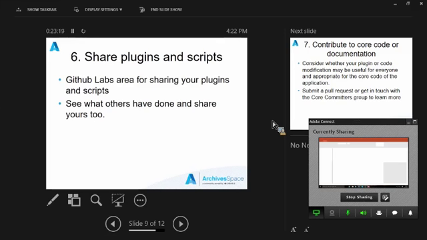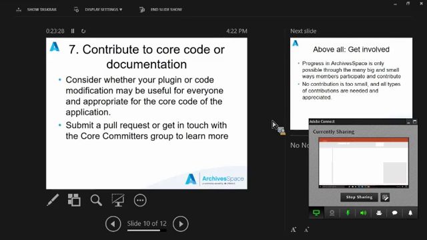And by putting things up on GitHub, other people can see what you've done and share what they've, maybe help make it better as well. And then the last thing I'm going to be mentioning is